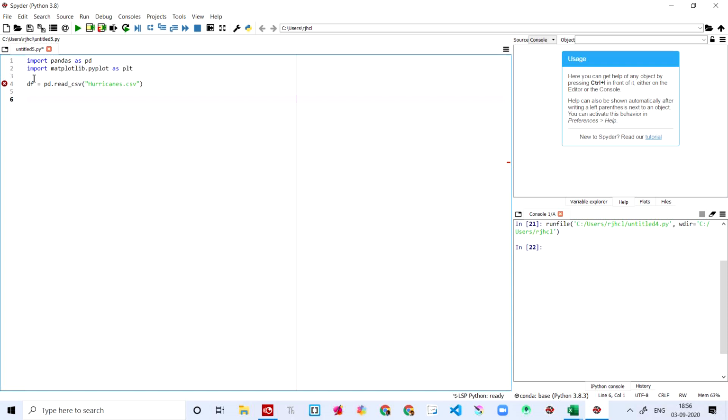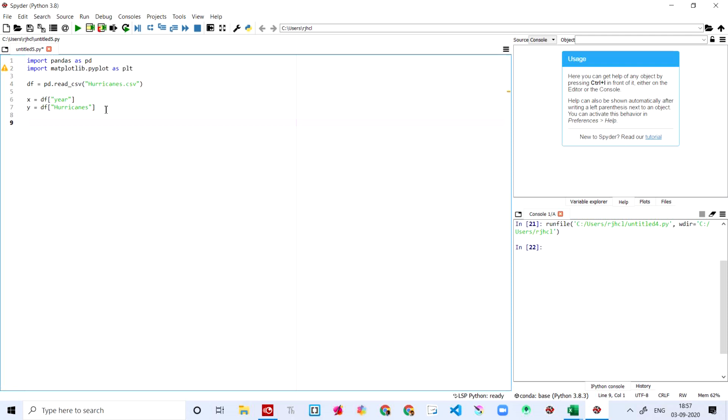And then I'm coming down and validating the syntax. Okay, and then I'm saying x-axis. So x is just a variable representing the x-axis. We are saying df and putting the square brackets saying year. So we are just saying that this is the year and this is the number of hurricanes. So I'm saying y is equal to df hurricanes. Yeah, and then let's come out. You saw the error is gone.